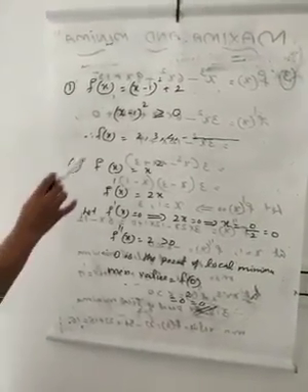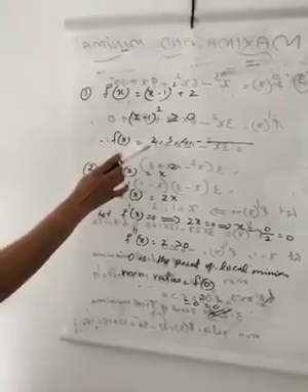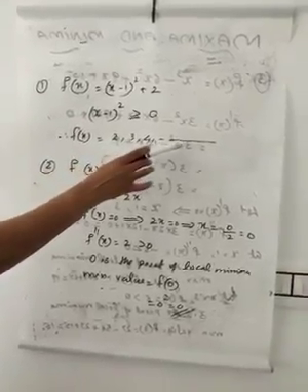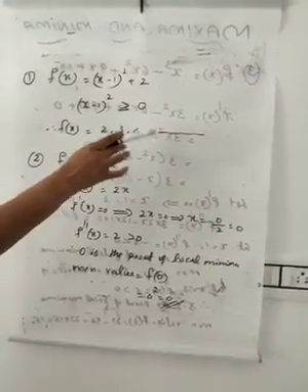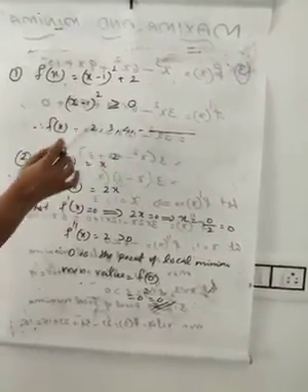Okay. Then f of x has values 2, 3, 4, etc., going on up to infinity. We don't know the highest value. Hence, the least value 2 is called its minimum value, and here the maximum does not exist. The minimum value for this function is 2 and maximum does not exist.